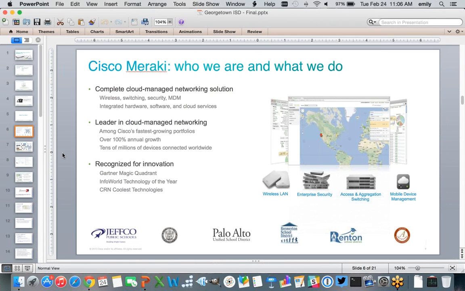Now, Cisco took note of this, sort of thrilled with our technology. They acquired us at the end of 2012, so we're proud to say we're the new cloud networking group within Cisco. We are committed to all 4 of the product lines that I just mentioned, and we're seeing spectacular growth. We are one of, if not the fastest growing BU within Cisco, and we're just gaining steam and plowing right ahead in research and development and innovation across all 4 of these product lines.